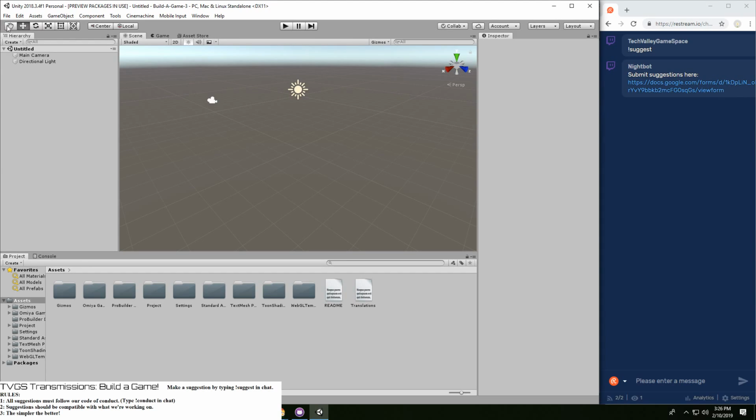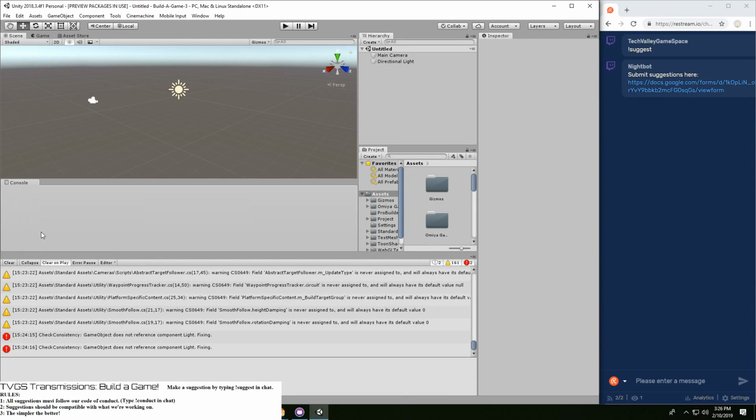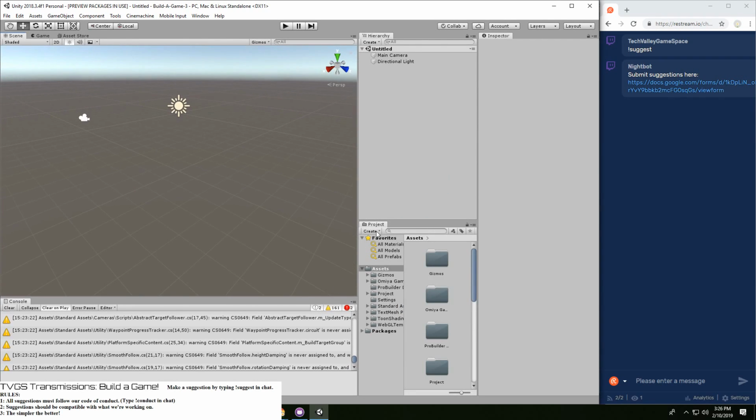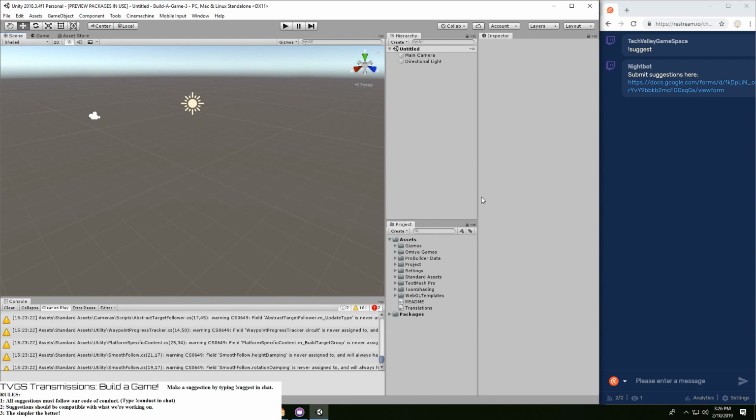I do not like this layout, so I'm going to play around with this a little bit. This is again a new computer, and that is why everything has been completely changed around. So yep, here it is. That looks a lot better. I want to make this one column. Thank you. Awesome.